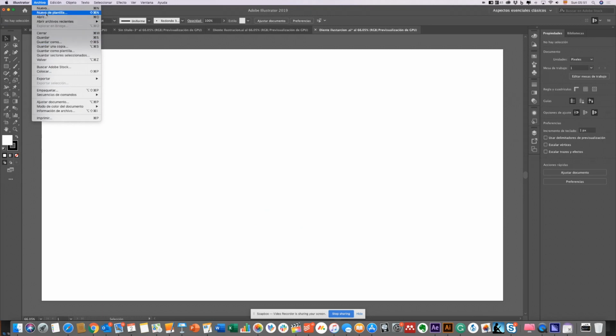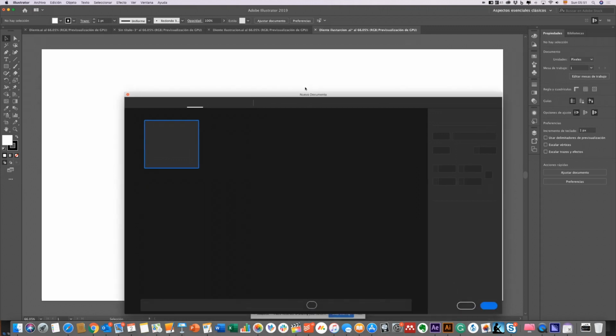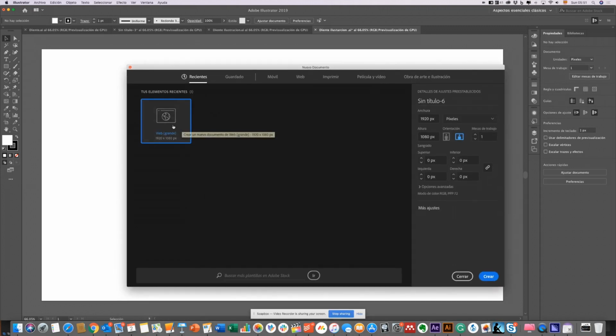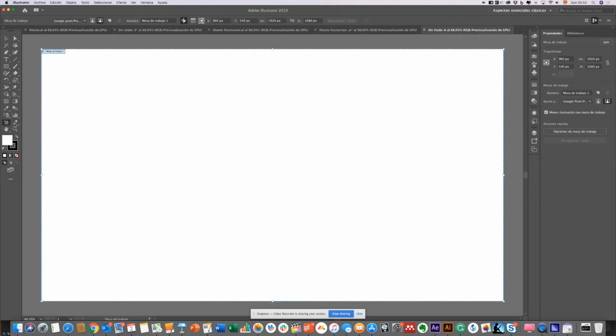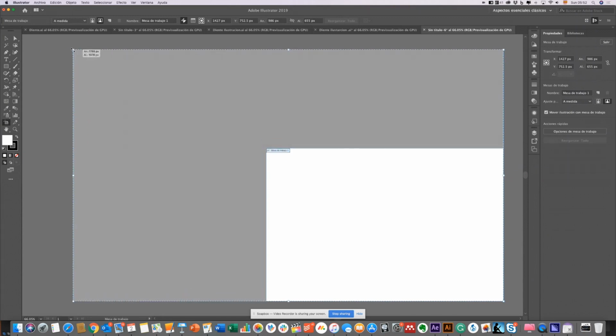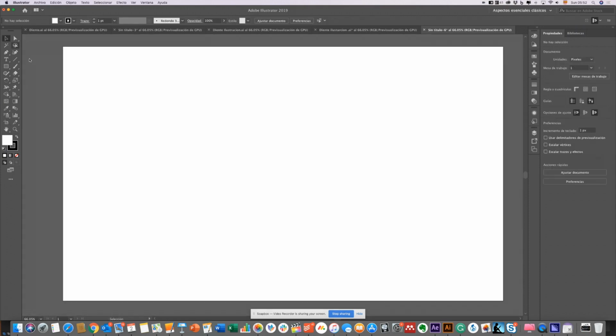We are going to create a new design. You can choose whatever size you want. For today we are going to choose a conventional size, 920 pixels by 1080 pixels. So you choose the size of your work table, and after you have this selected, what you need is